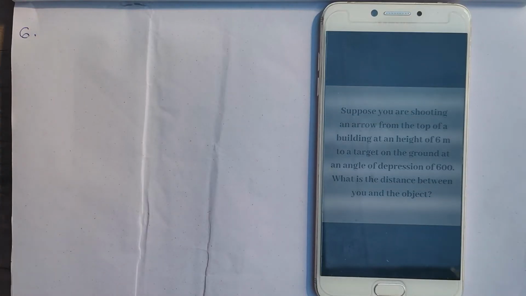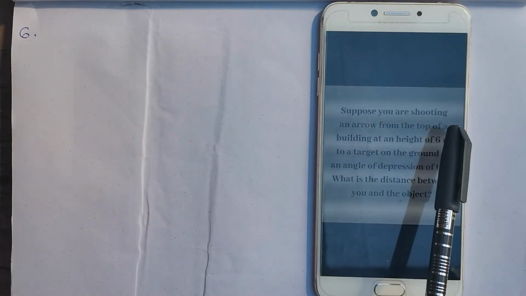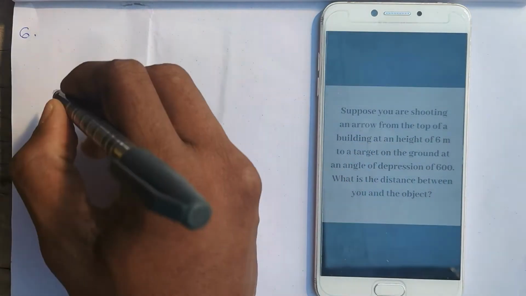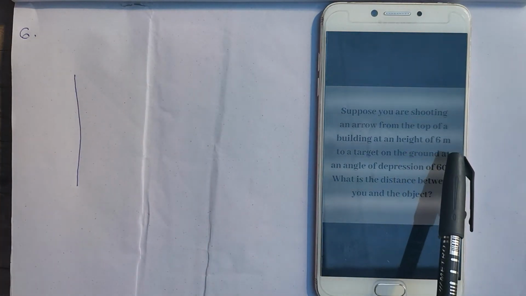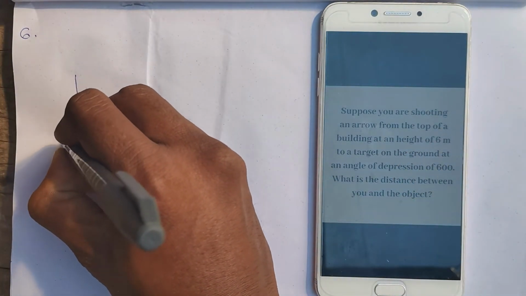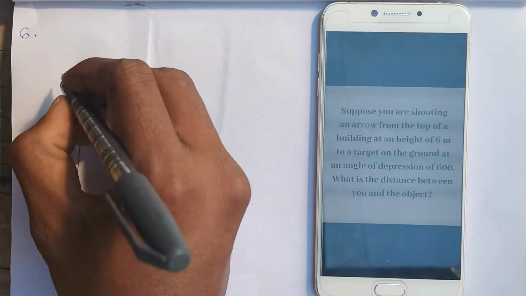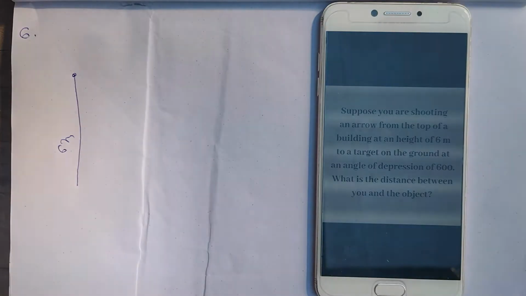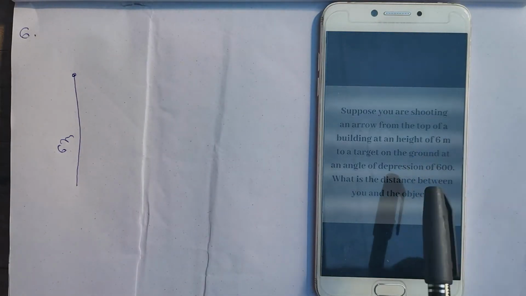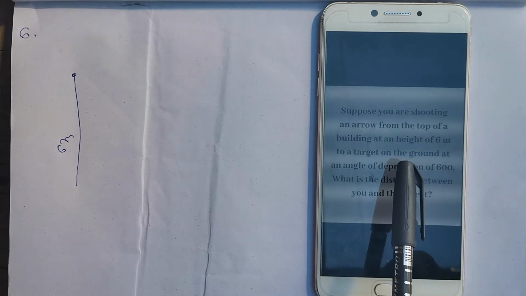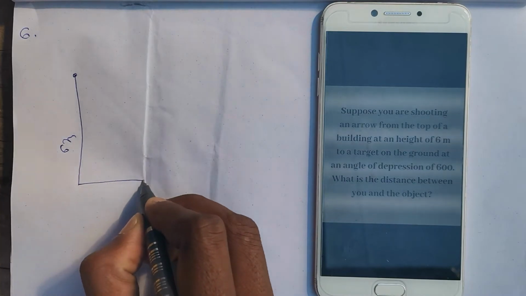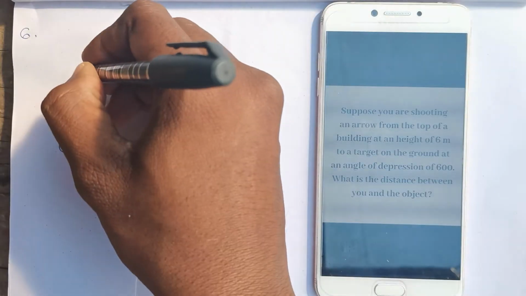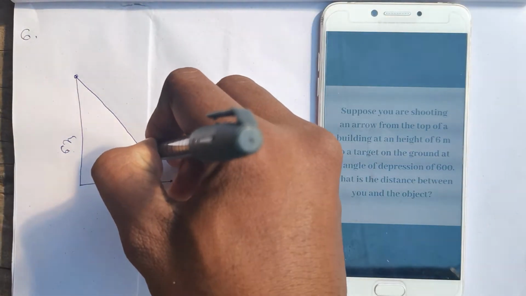Okay, next question number 6. Suppose you are shooting an arrow from the top of a building. We have a building whose height is 6 meters. From the top of the building you are shooting an arrow to a target on the ground. On the ground somewhere you have one target. You are shooting from the top of the building to that target